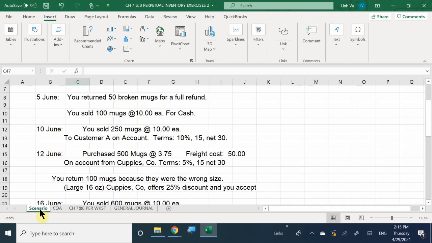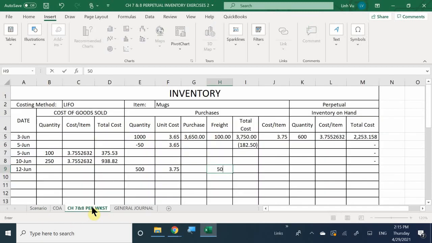Okay. So $19.25, is that the total or is that the purchase price? Oh, the purchase price is $18.75. Excellent. And then plus my $50, you got $19.25. Good. All right. And because we are using LIFO,